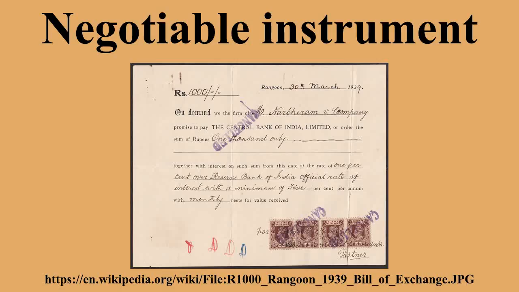Thus, for a writing to be a negotiable instrument under Article 3, the following requirements must be met. The promise or order to pay must be unconditional. The payment must be a specific sum of money, although interest may be added to the sum. The payment must be made on demand or at a definite time. The instrument must not require the person promising payment to perform any act other than paying the money specified. The instrument must be payable to bearer or to order. The latter requirement is referred to as the words of negotiability.